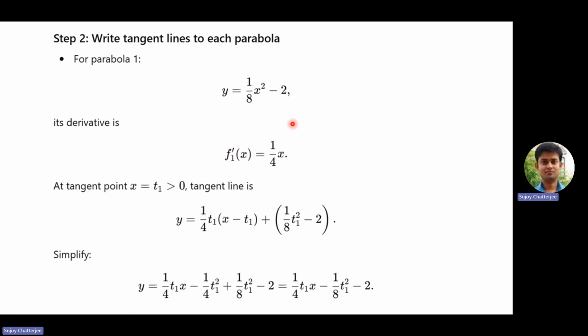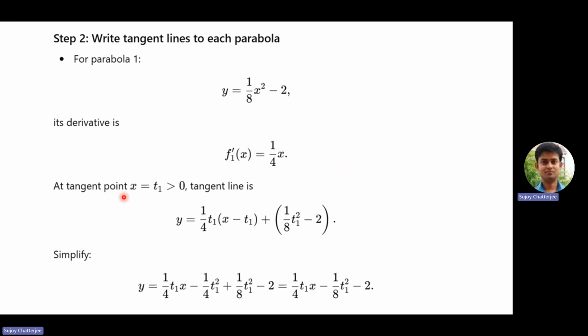At tangent point x equal to t1 greater than 0, as mentioned in the question, the tangent line will be, we can describe it as y is equal to 1 by 4 t1 multiplied by x minus t1. This is the slope. Since we are considering this tangent point x as t1, that means the point where the straight line touches the parabola,